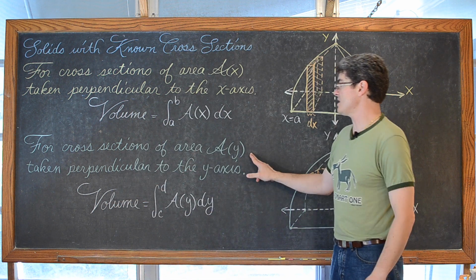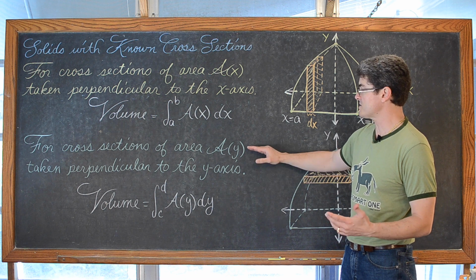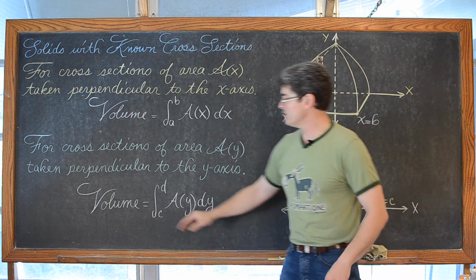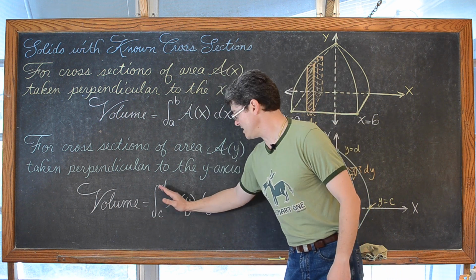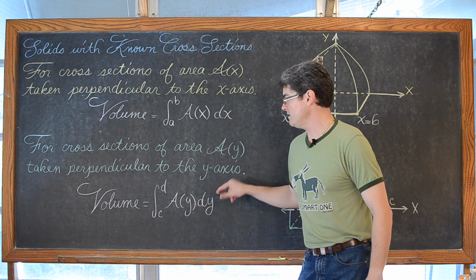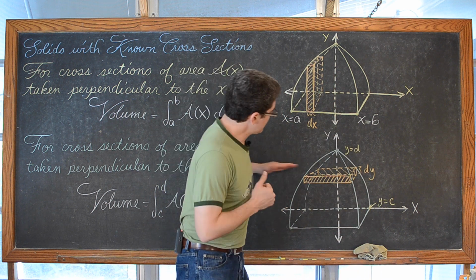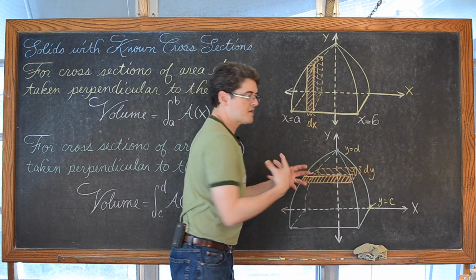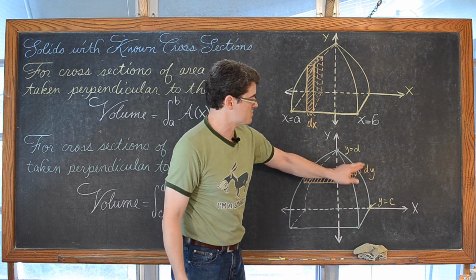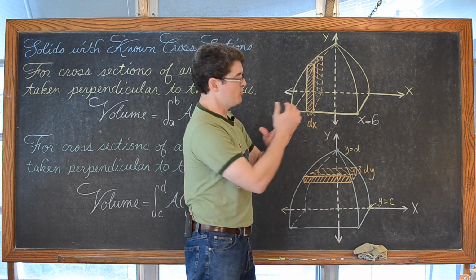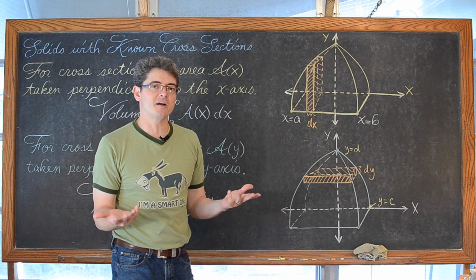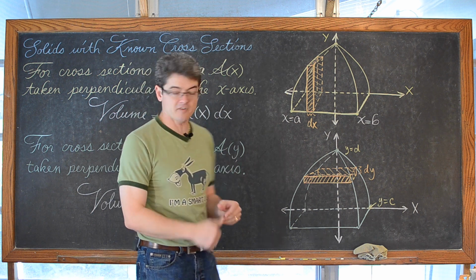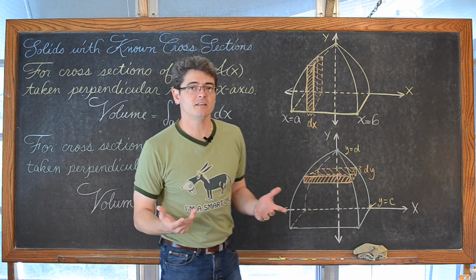If you are going to take cross-sections perpendicular to the y-axis, then you're going to need your area function in terms of y instead of in terms of x. And the volume is equal to the definite integral from c to d of A of y dy. So we're taking cross-sections perpendicular to the y-axis. That means we have horizontal representative cross-sections that we want to let those widths approach 0, giving us an infinite number of these cross-sections and giving us an approximation of the volume, which, with the process of the definite integral or first fundamental theorem of calculus, is going to be exactly accurate.